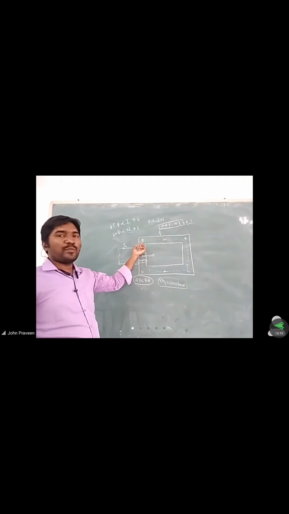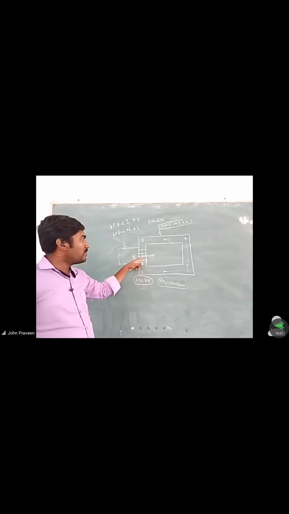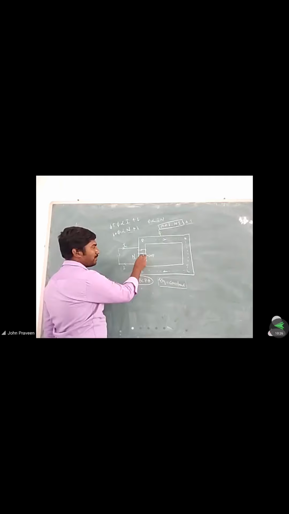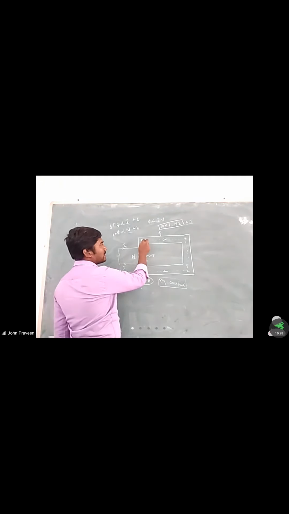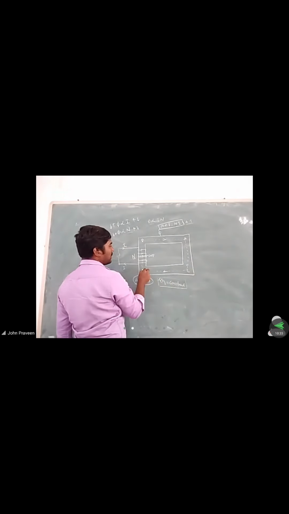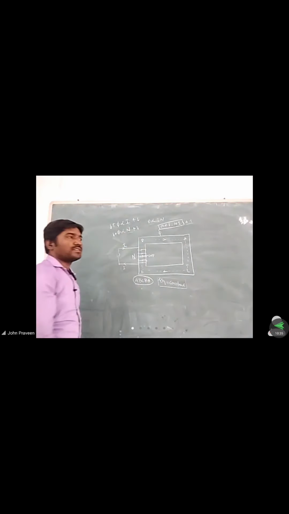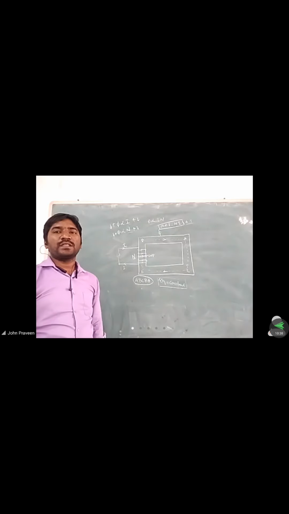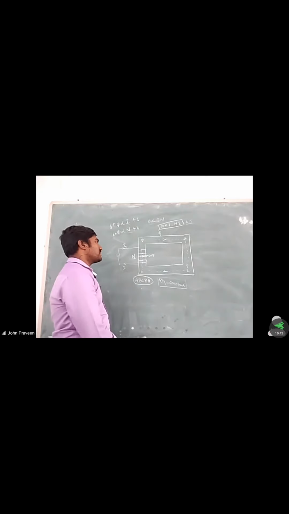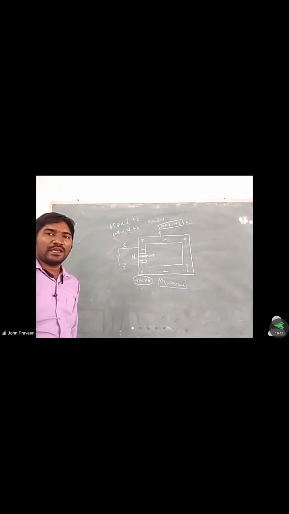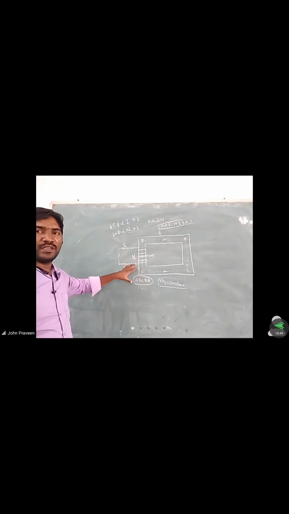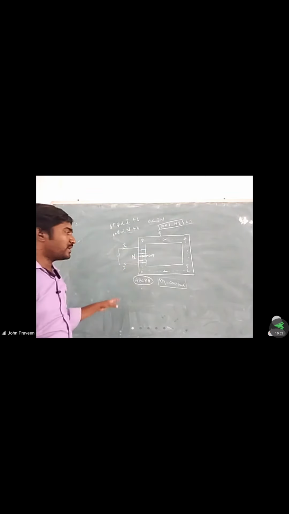Then it will start from here. We are indicating the points as A, B, C, D. Flux will be generated at the center. The unit north pole, that is phi, will start from here, reach point A, reach point B, and reach points C, D, and finally come back to the same position, point A. So the path of the flux is A, B, C, D, A. From the figure, we can observe the three things present.